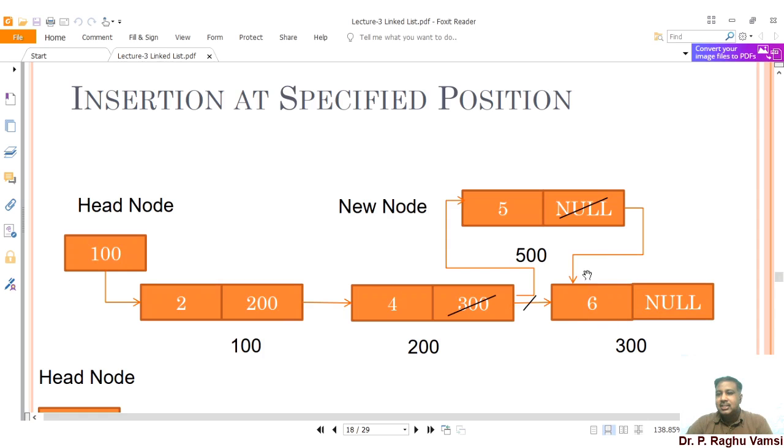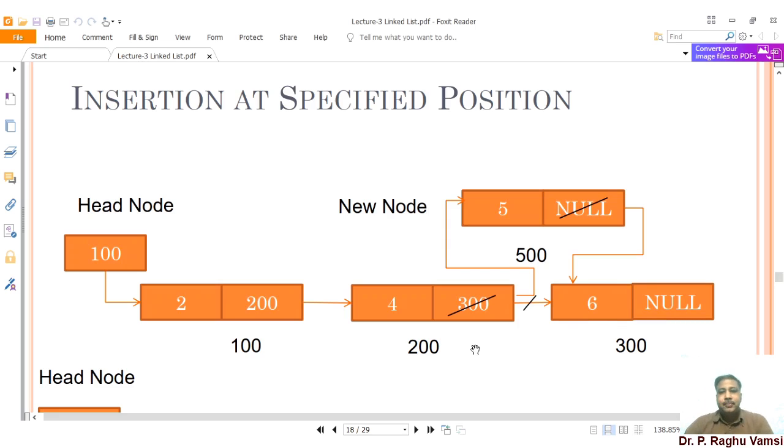So the address of node 6 should be kept in the 5 node's next, and the 4 node's next should be pointing to the 5 node, so that the new link will be established like this. So this is the way you insert a node at a specified position.